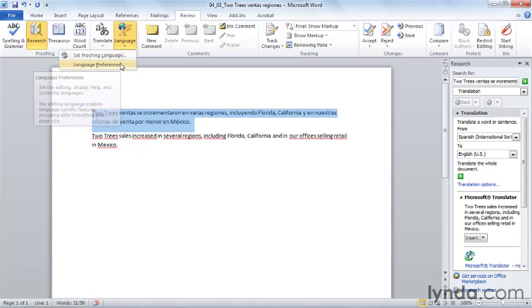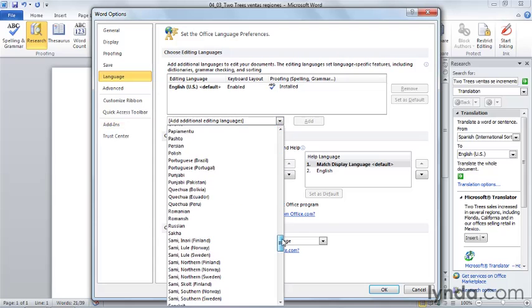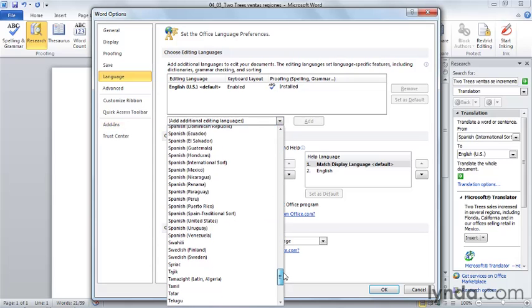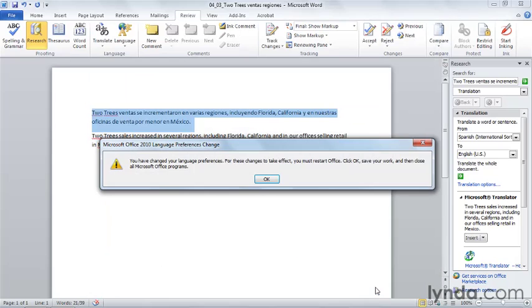This isn't a new feature, but if you're entering or proofing text in a second or third language, you should set your language preferences and make sure that you've actually loaded dictionaries for those other languages. So I'm going to add the dictionary for Spanish. There is more than one. So the international sort is the Spanish that the Microsoft Mini Translator is using. I can add it to my list, and I will get all the proofing tools that are available for Spanish loaded on my machine. The next time I run Microsoft Word, I'll have access to both the English and the